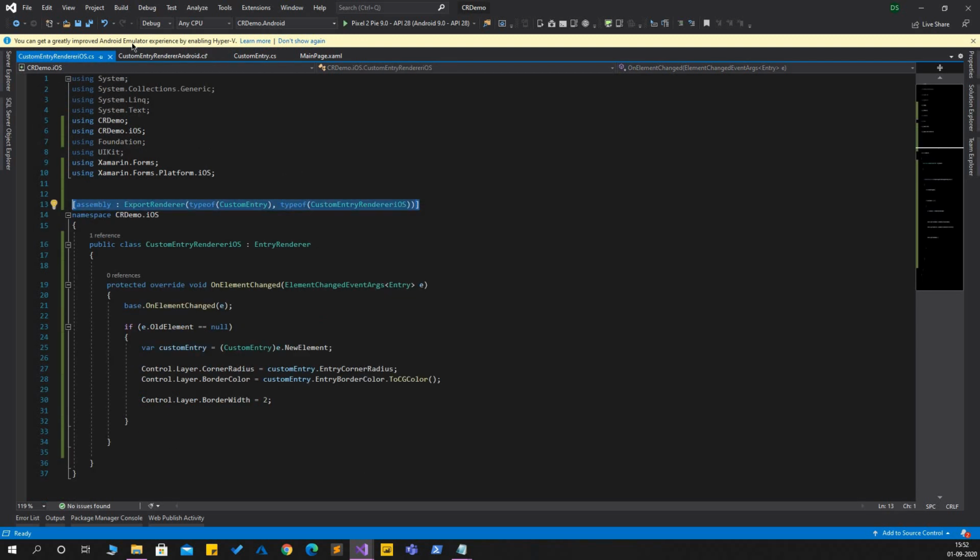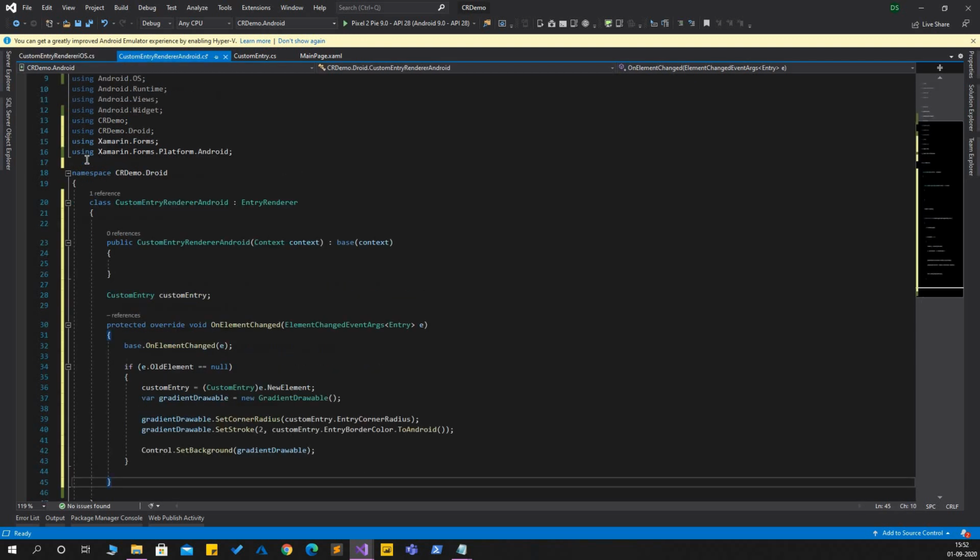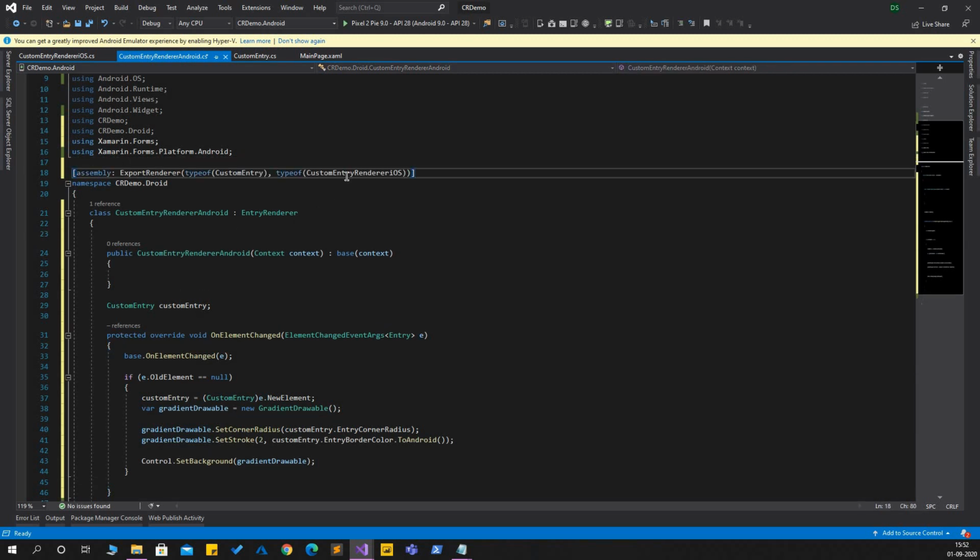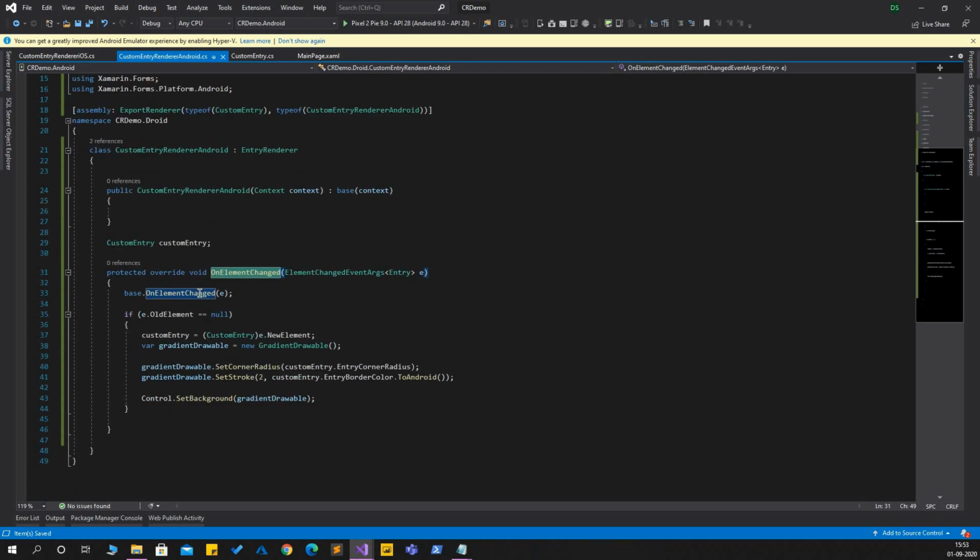So I'll copy paste it, and I will change it to custom entry renderer Android. What this code will do is, whenever the user tries to make a custom entry, this custom entry renderer will be called, and it will in turn trigger this onElementChanged method which we have overridden, and here we will define how we want it to be rendered.